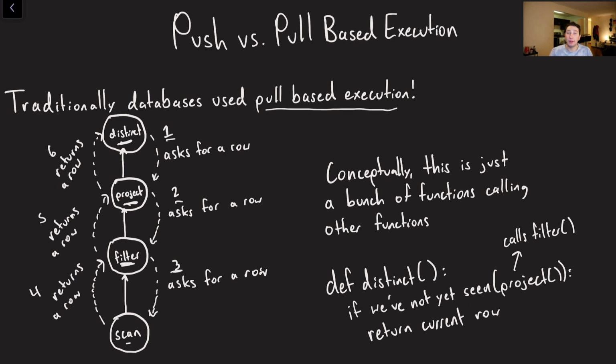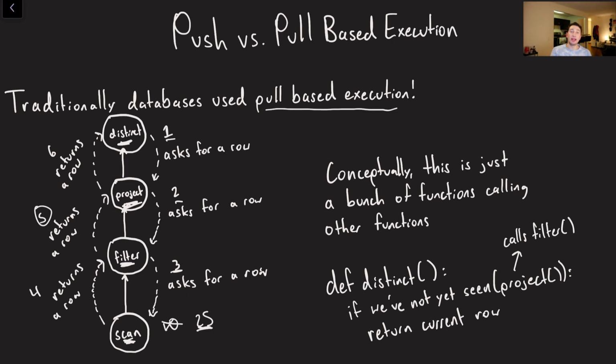In step 3, the filter operator is going to say, okay, well, how can I filter this data down if I don't actually have anything to filter? Why don't we go ahead and scan from the table? So let's say the scan operator returns element 10. The filter operator is going to say, oop, you know what, I'm cutting that out. That's not greater than 20. Maybe now scan is going to return element 25. Filter is going to say, okay, you know what, that works. I'm going to return this back up to the project. The project is going to say, okay, I'm going to keep element 25 because I'm just projecting that field to its column value, which in this case is 25. And then distinct is going to say, hey, have we seen this guy before? Either we have or we haven't.